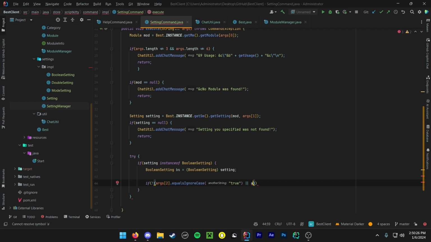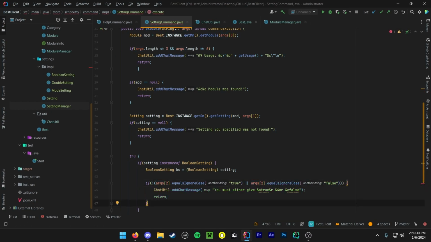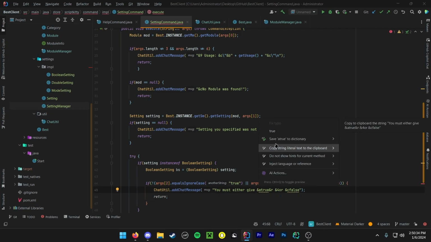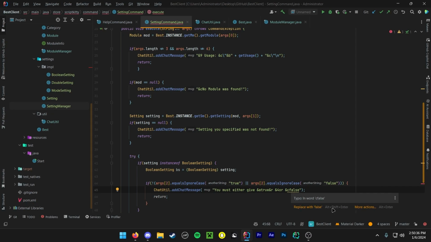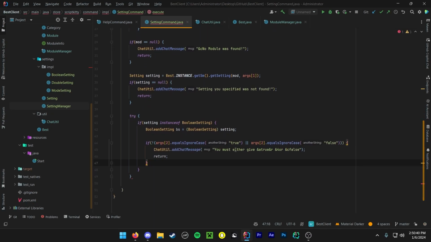So now we're going to type in true there, and then we're going to do args 2 equals ignore case false. We're going to add chat message. I'm going to save this and save that. Okay, so you must either give true or false. There you go. Now what we're going to do, so after that check, we are now going to set state,